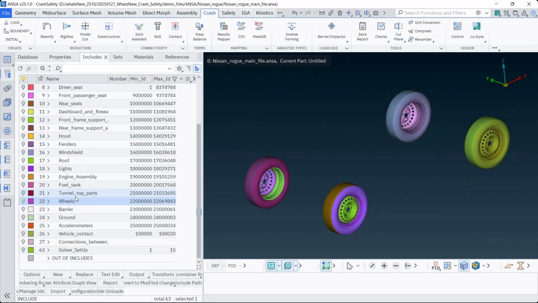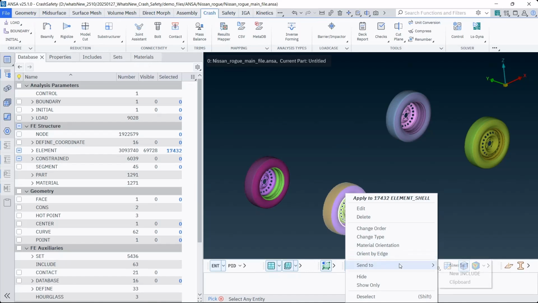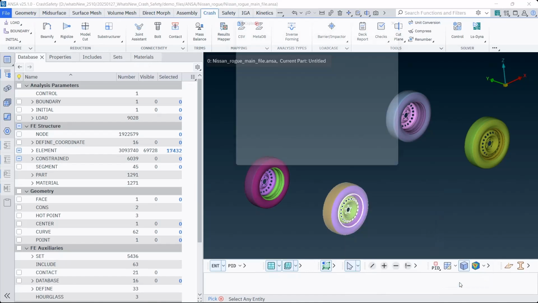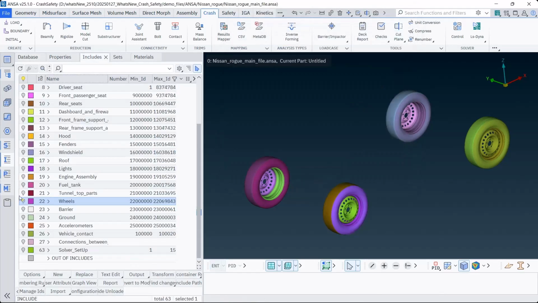Now for the clipboard. The clipboard container is a new entity within ANSYS, and it does not affect any other DEC containers, such as sets or includes. To begin, the includes list is accessed, and the wheels include is isolated. Next, the option to create a container for the entities related to the wheel, including elements, parts, and sets, is selected. We click the Pick button to select all the relevant entities, followed by a right-click to send them to the clipboard. The clipboard list then appears, displaying the selected elements. We close the list by confirming with the middle mouse button.